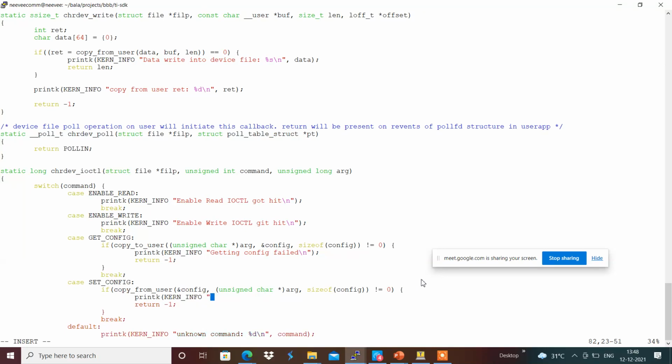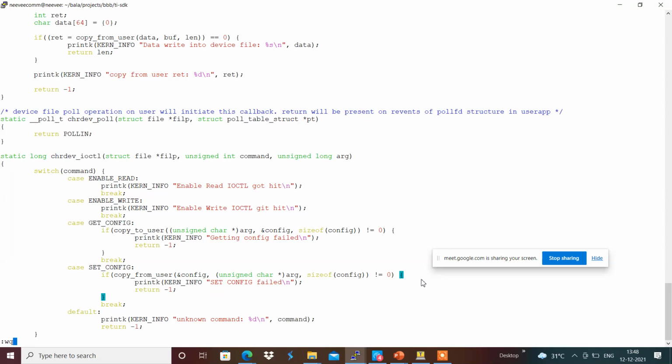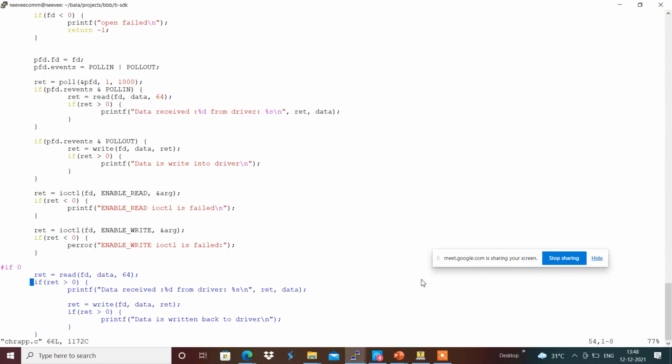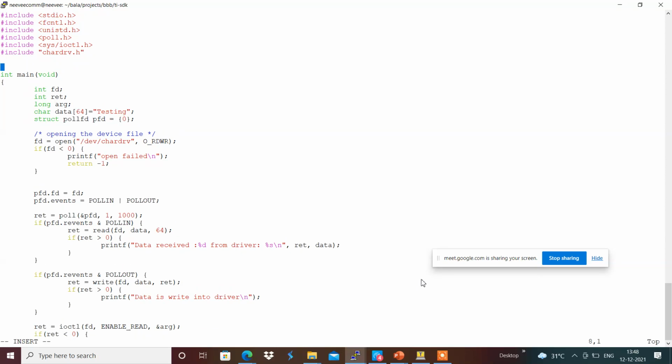Now we will use these config options from the user space, which we will see in the user space chapp.c. In this I'm going to define an integer config equals some number. I'm going to define something like 0x4000, so maybe 0xf0 is the configuration that we want to set over here.